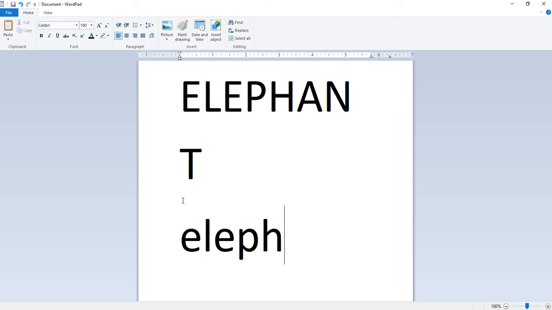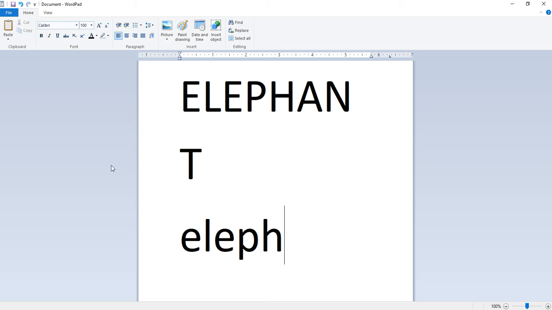Next is saving text. The text that is typed must be saved. We can save the document after we finish working, or we can save it while we work on it. It is better to continue saving the document as we work. This way we do not lose any data.